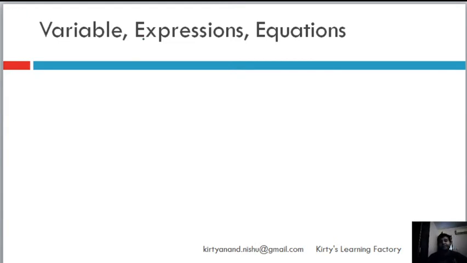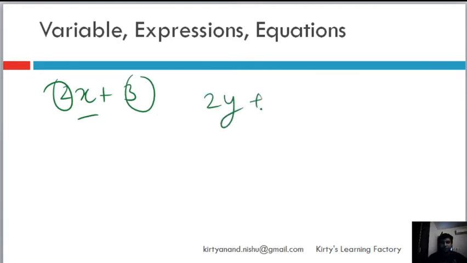Then algebraic expressions: an expression is a combination of mathematical operations between a variable and a constant. So 2x plus 3, where 2 and 3 are constants and x is a variable. 2y plus 3 by 2 is also an expression. So basically you can create expressions from mathematical operations. This is a multiplication operation, this is an addition operation, this is a multiplication, addition, and then there is a division operation. These are mathematical operations in combination with constants, which are numbers, and variables.